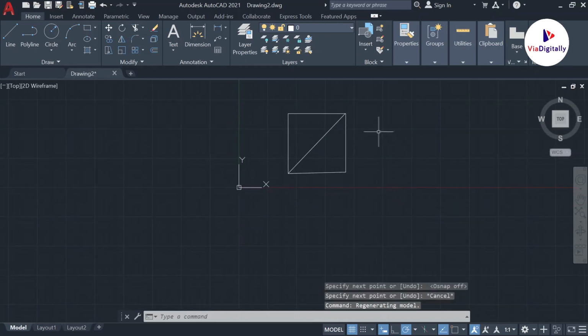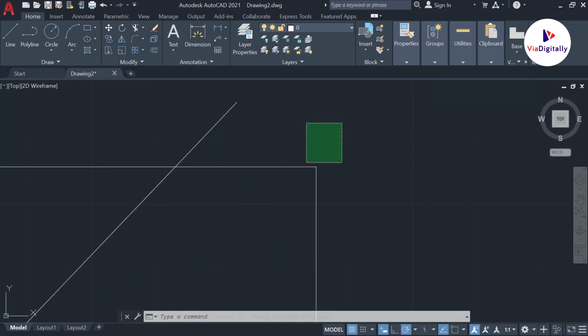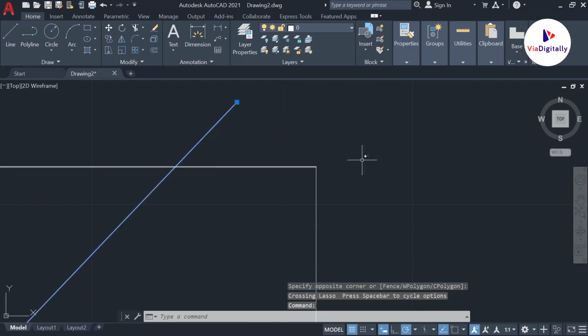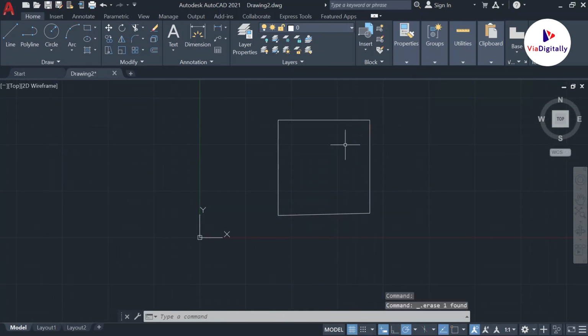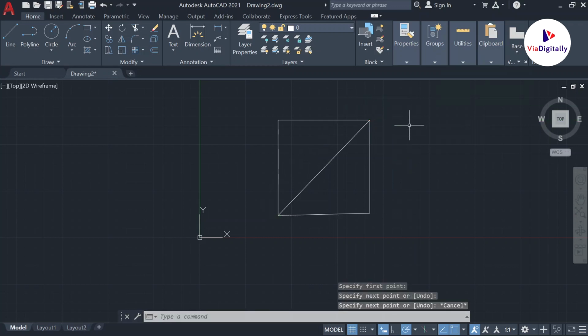Now when you zoom out, you can feel that the line exactly meets that point, but when you zoom in, there is some technical error where this line can never meet this point. This line is not at all meeting this point. So these are the technical errors that we should take care of while drawing lines or plans in our AutoCAD software. OSnap, Object Snap, is the tool that AutoCAD has given us to help us draw perfect line segments. So it is very easy for me to draw two lines joining 2 points.